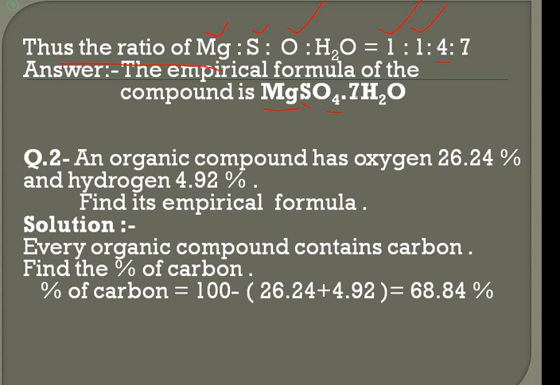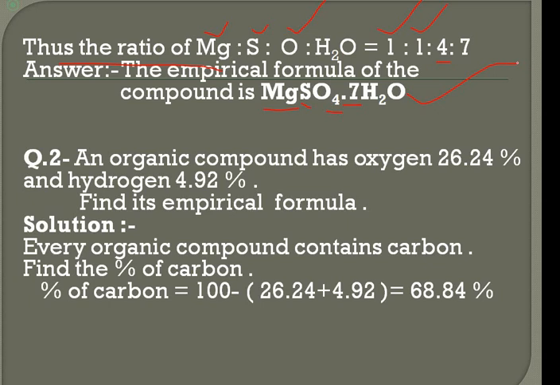In the case of water molecules, there is no need to write them in brackets with 7 in subscript form. 7 is written over here with a dot. Write down a dot in between the magnesium sulfate and water. These water molecules are present in the form of a dot, because they can be removed by the heating process or any other process, right? So dot 7H2O, it is the empirical formula of the compound. We are calculating this empirical formula with the help of percentage composition only.